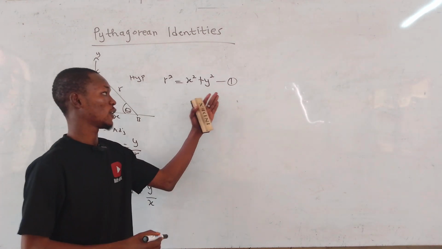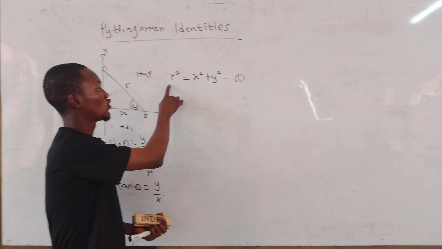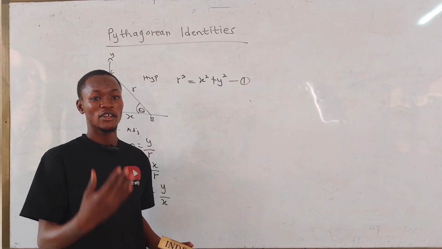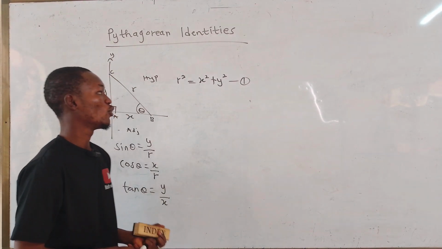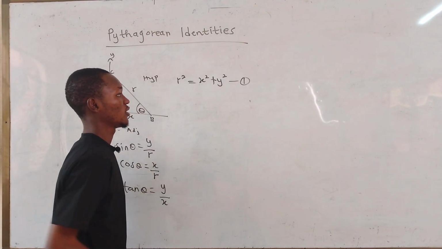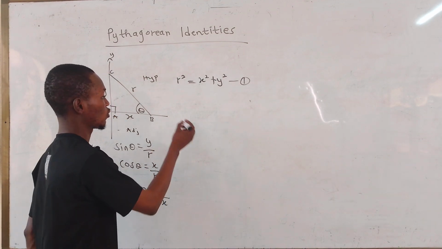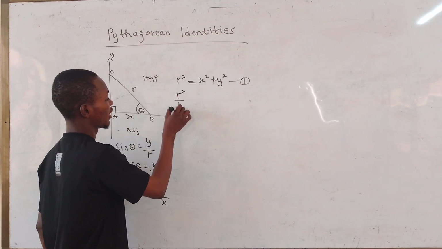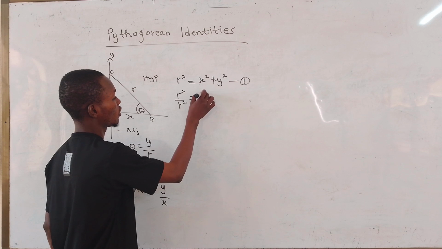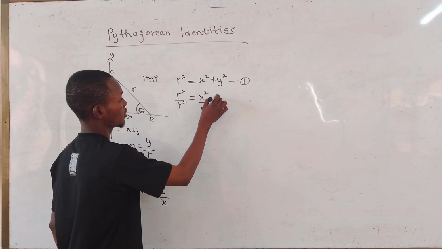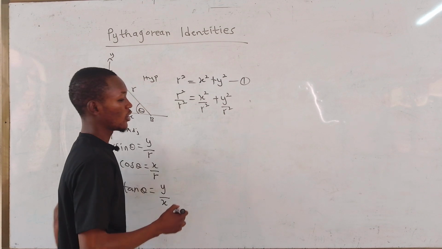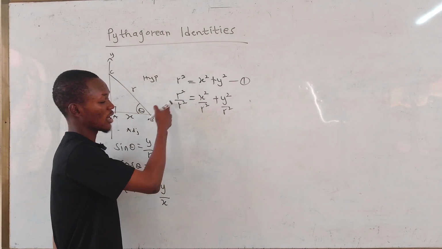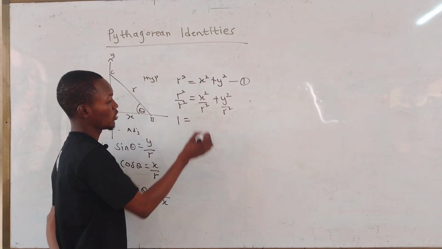Now from equation 1, let's divide through by r squared. In this case, we are going to prove the Pythagorean identities as I mentioned earlier. So we are going to divide through by r squared. That means we are going to have r squared divided by r squared, which is equal to x squared on r squared plus y squared on r squared. Now, clearly we can see that r squared cancels r squared, so we have 1, which is equal to,